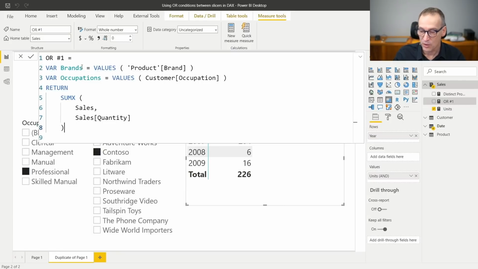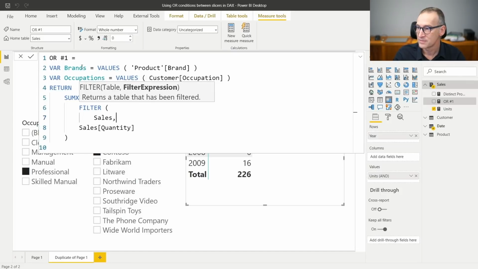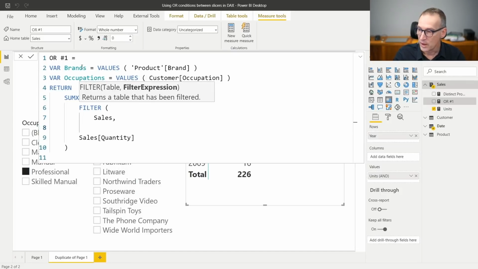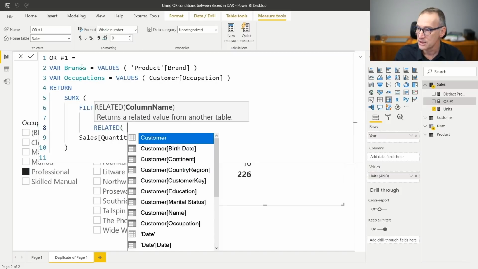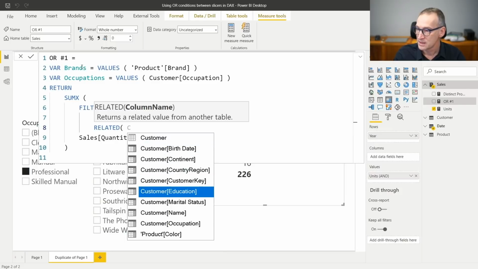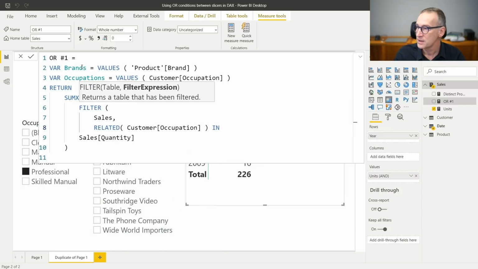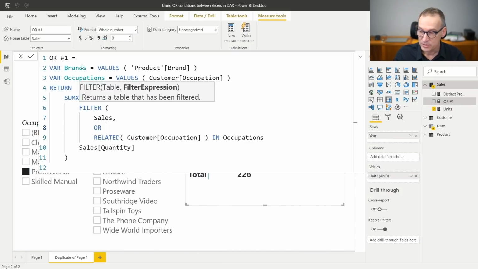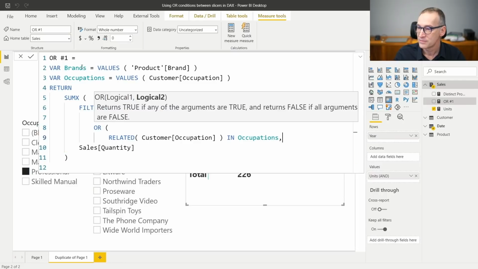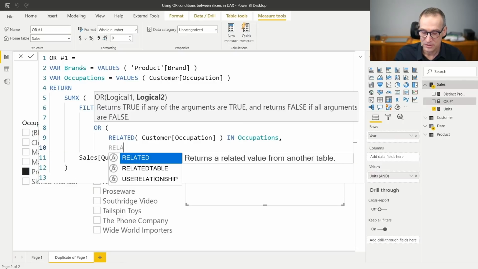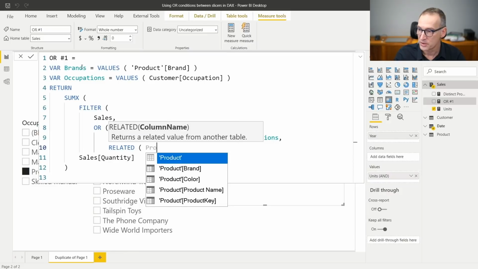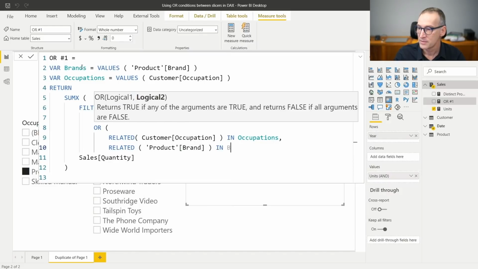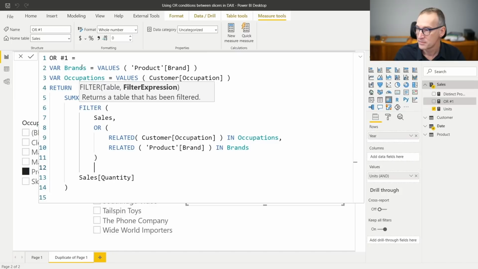This just returns the quantity, but we want to filter sales, where I need to access the customer occupation, so I need the RELATED customer occupation IN occupations. And I need an OR condition, so OR customer occupation in occupation or the product brand in the brands.